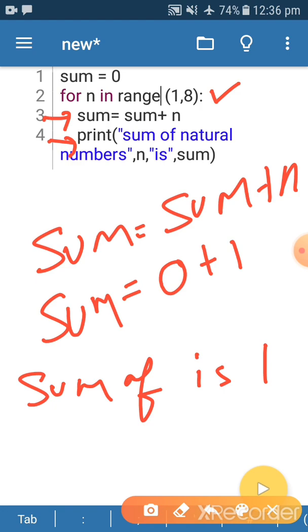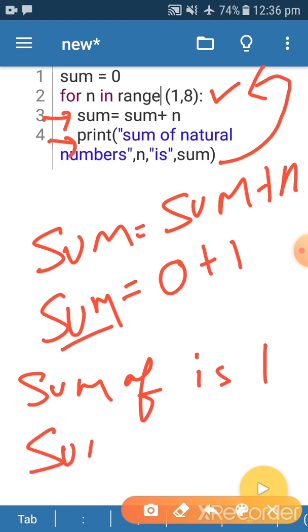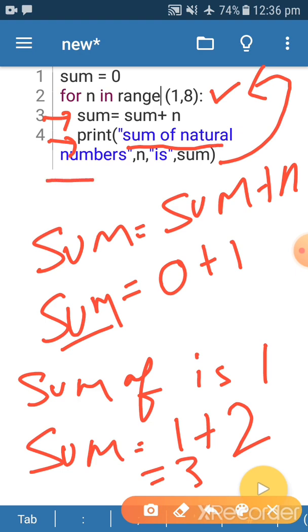After that it moves back to the for. This time n is 2 and sum is 1, so sum equals 1 plus 2. Now sum is 3, so again it will show this message and show sum equal to 3.